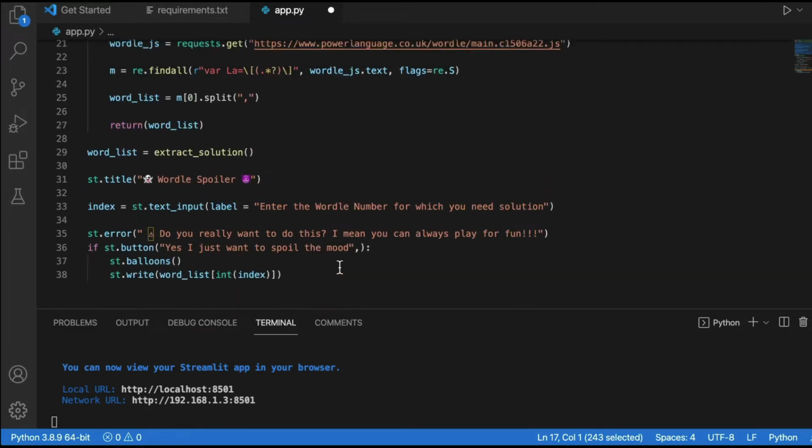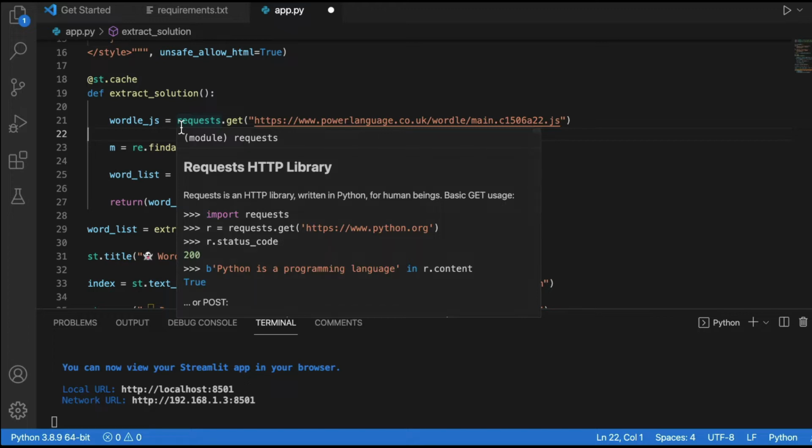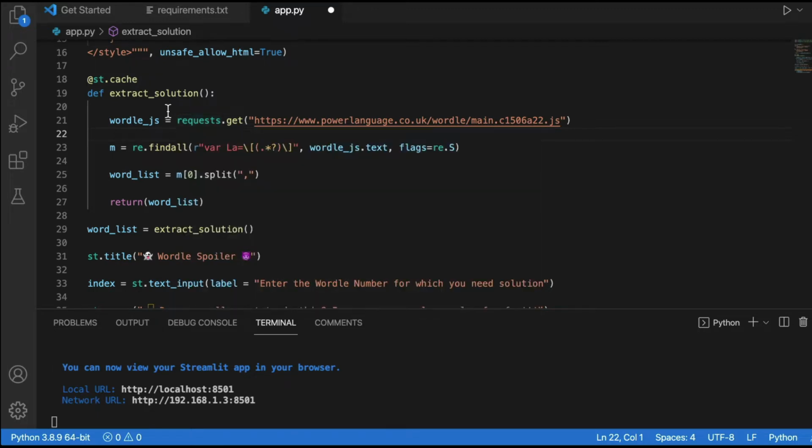The next thing is, we want to write the function that will extract words from here. So the first thing that we are doing is we are creating it as a function, and then we are caching it. We have already discussed caching multiple times in this series. Caching is to make sure that this particular function runs only once when you deploy the Streamlit application, so that a lot of users do not have to wait for the same thing. Something has happened and then it's cached, so all the other users could be served with this content. That's the point of caching in simple terms. There are a lot of better explanations of what a Streamlit cache would do, but in simple terms, this is what it would do.